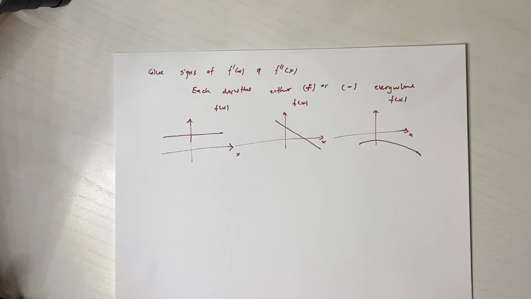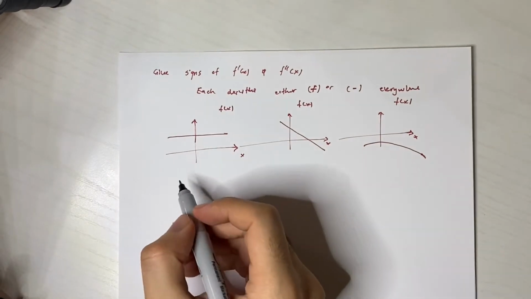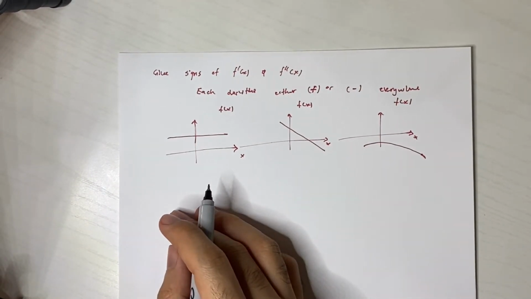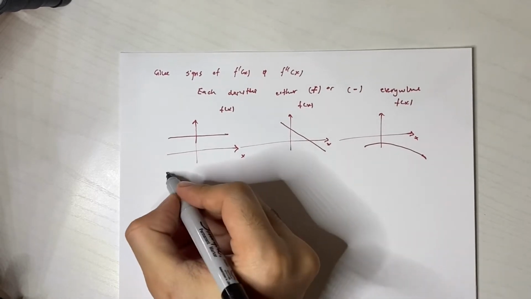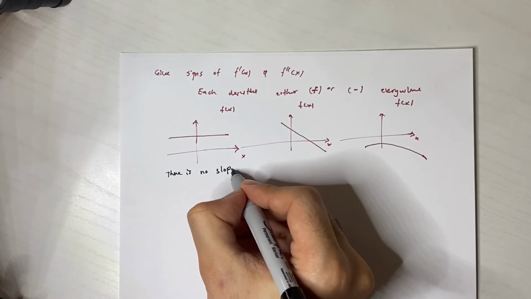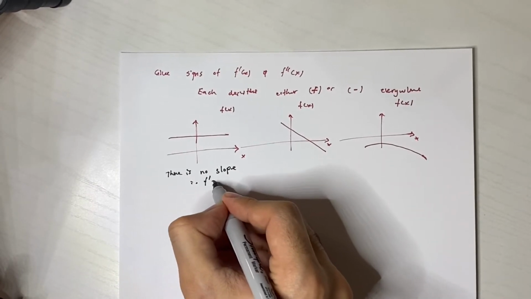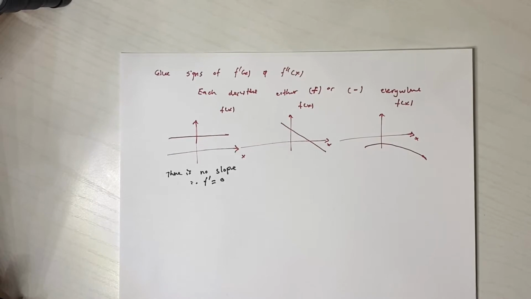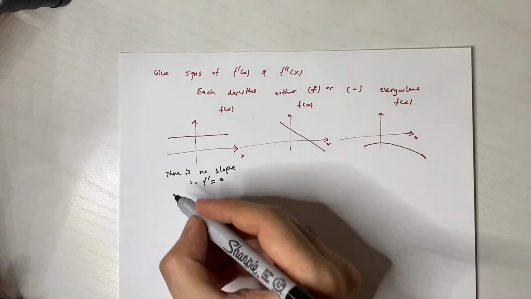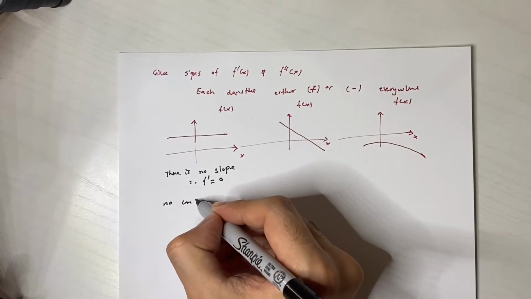So here we are given three graphs of f of x, and then we want to find the sign of the first derivative and the second derivative. And we notice that it says the derivative is either positive or negative everywhere. That just means we don't have to take care of the "greater than or equal" cases. For the first function, you notice that there is no slope, it is just a constant, therefore the first derivative